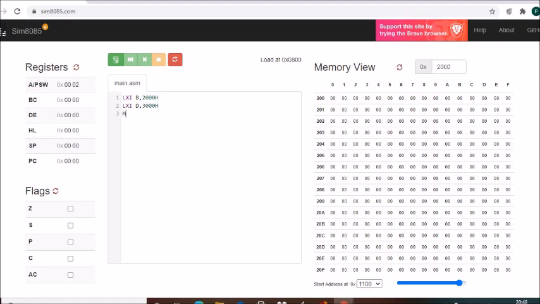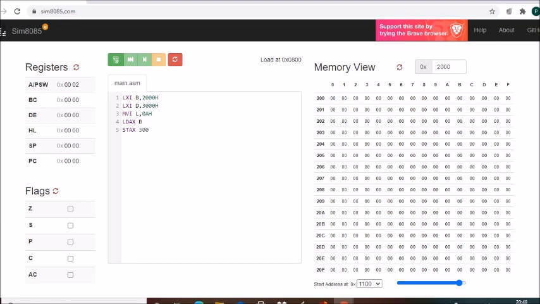Then I have to initialize the count, MVI L, 0AH. Then I have to load the first number into A, LDAX B. So from location 2000, the first number will be loaded into A. Whatever data is in the accumulator, loaded from 2000, will be stored at 3000.